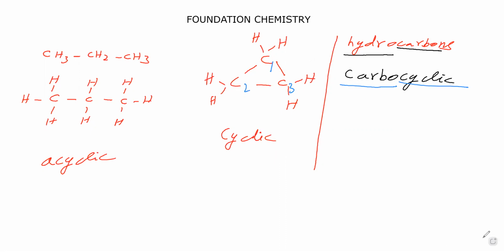Okay, sir. First compound we will take, that is like this. First compound we have taken like this. Here the compound is given in bond notation form. This is called bond notation form. In the bond notation form, the vertex, the corner is nothing but carbon. In this corner, what is there? Carbon is there. In this corner, carbon. In this corner, carbon. Between corners, what type of bond is there? Single bond or double bond?